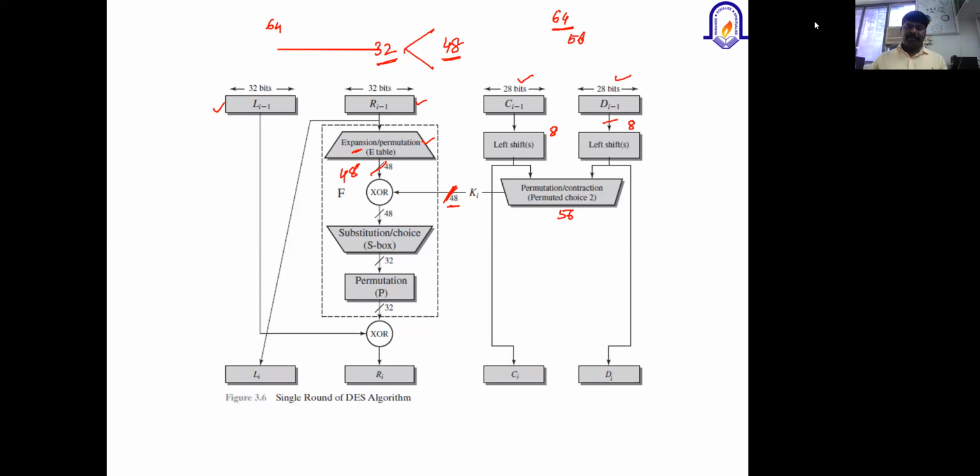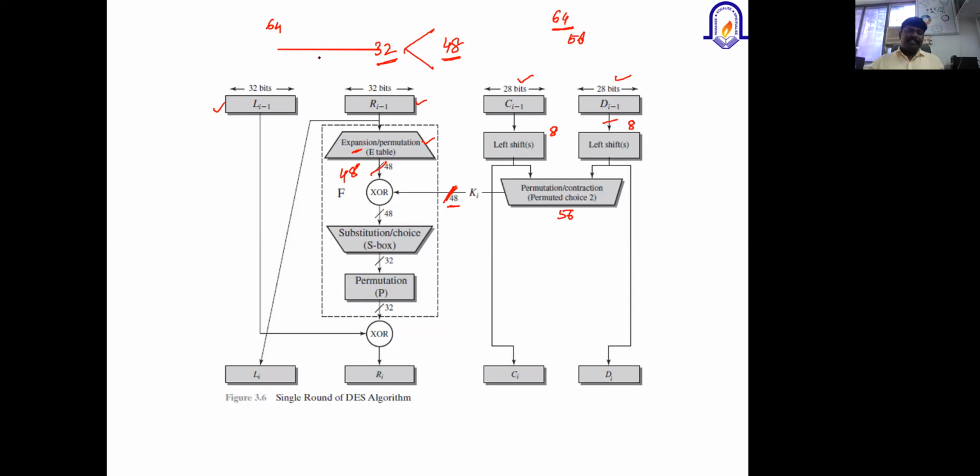Then we started discussing the Data Encryption Standard, which is a block cipher encryption technique. This technique accepts a 64-bit plain text, which is applied with a 64-bit key. The actual key size is 64 bits, out of which we are going to use only a 56-bit key. Based on the 56-bit key, the technique is applied with a list of operations. So I'll continue with that session.